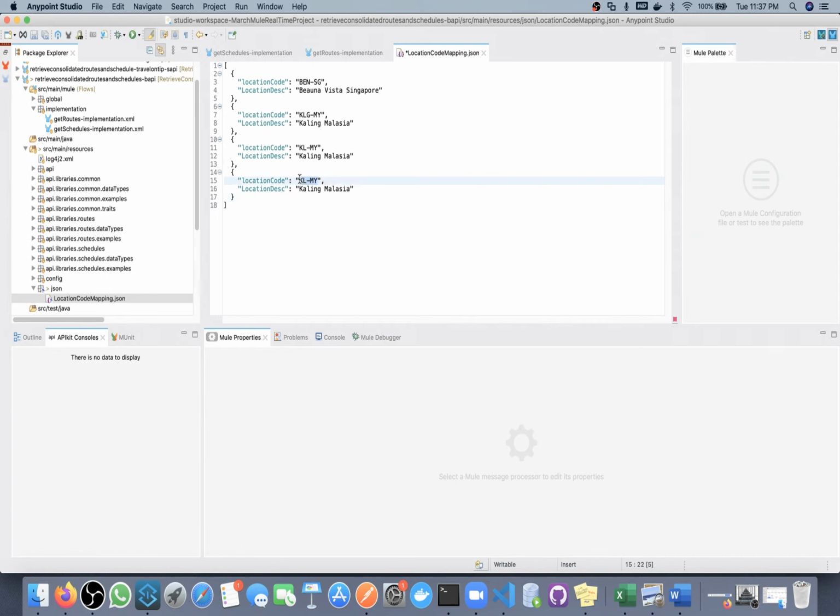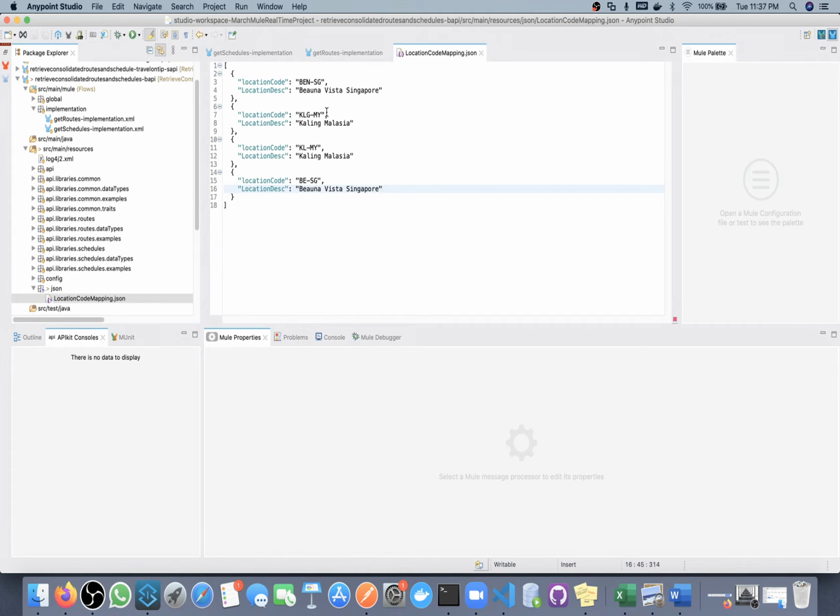We are getting BSG, which also represents Buena Vista Singapore only. So in this way we will have multiple location codes which have the same location description. You can create a set of location code and location description in this way.